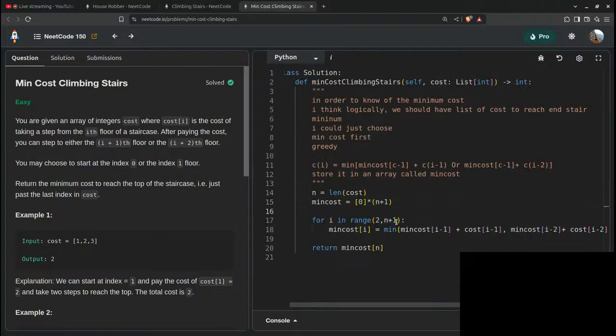I could start filling it from here. I could start filling it from n plus 1 till. What if I want to fill it from the first one? How will that work? So if I want to reach the 3, right, fourth stair, then